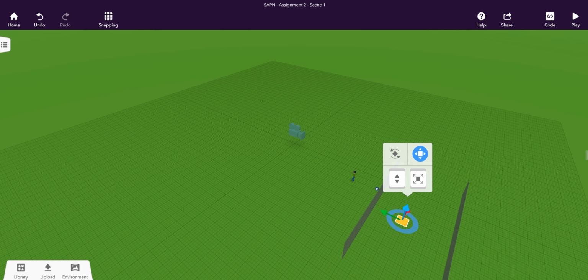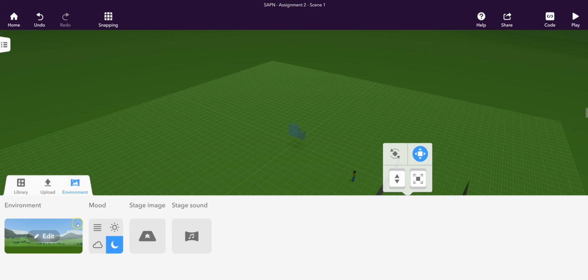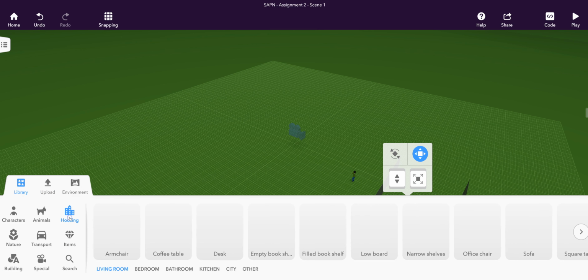And you can see that that square isn't taking up the whole space, but you can then manipulate that square to make sure it's the right dimensions. There's some real basics on how you can actually start creating a 3D environment. You've got a whole range of different things to import. You can change the setting of the day. You could also import an image that you've taken, a 3D image, as well if you want to bring in